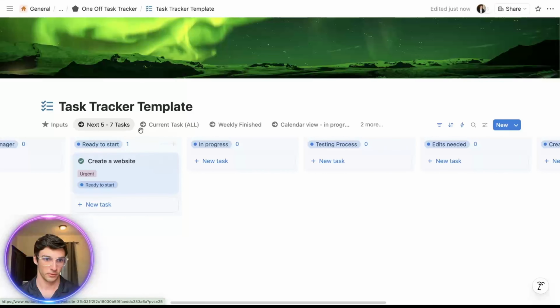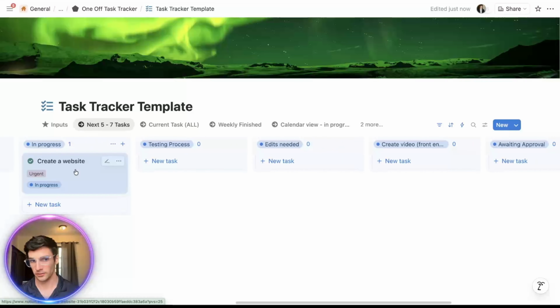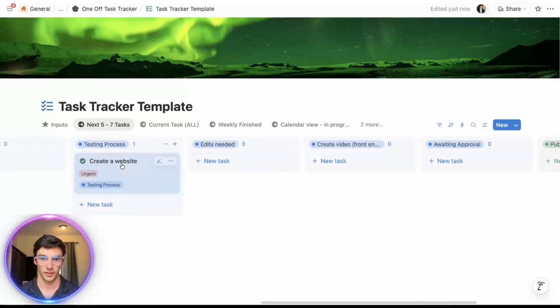And then say they have a lot of tasks here. We'll then say it has to go into progress. So when they're ready to start and they're actually working on it, they'll go into progress. And say it's an automation or whatever the case is, and they need to fix some things, they could be more specific and say, it's in the testing process, so it's a little bit more than just in progress. They've built something and they're in the testing phase. And then from there,